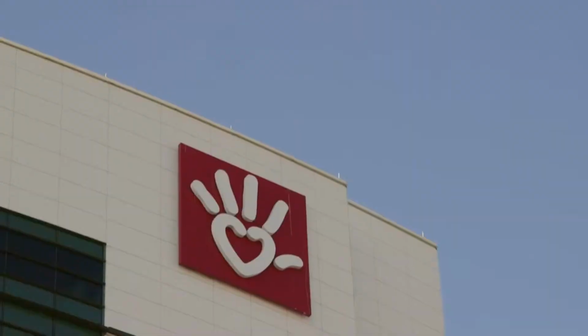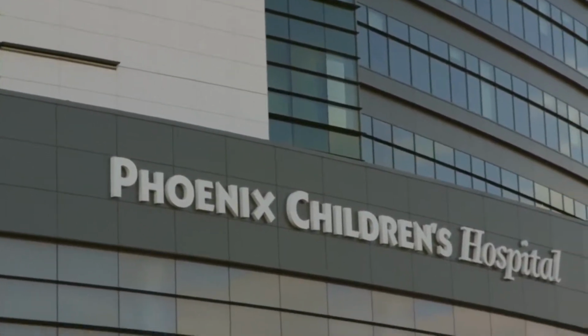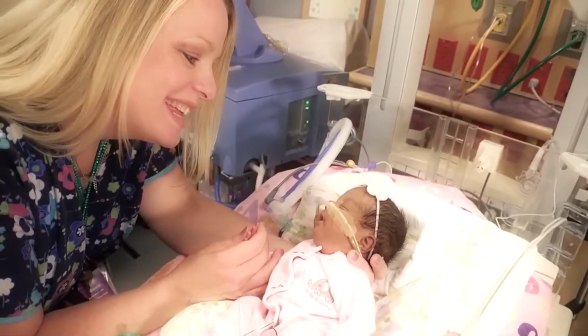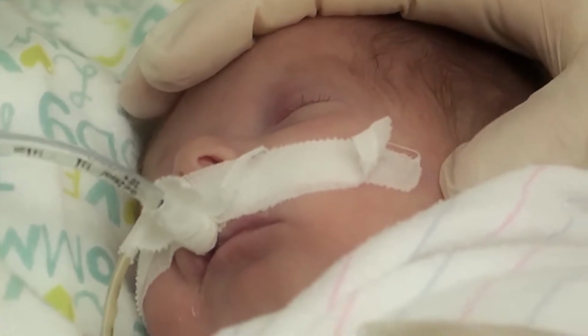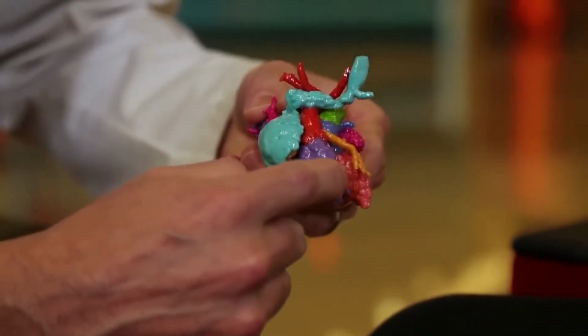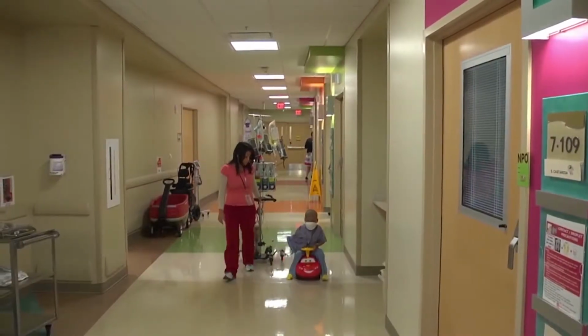Phoenix Children's Hospital is one of the largest children's hospitals in the country. With a medical staff of nearly 1,000 pediatric specialists, Phoenix Children's provides inpatient, outpatient, trauma, and emergency care across more than 70 pediatric subspecialties. Over the last several years, Phoenix Children's has added new capabilities, operational sites, and physicians, including